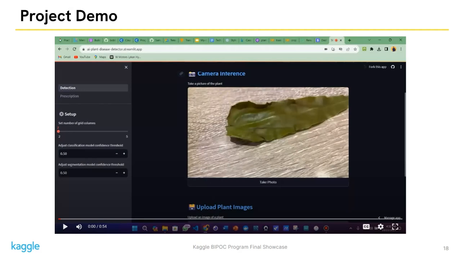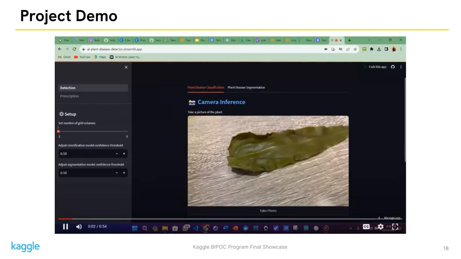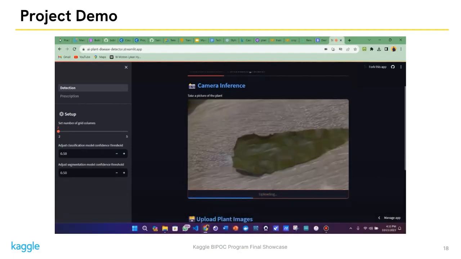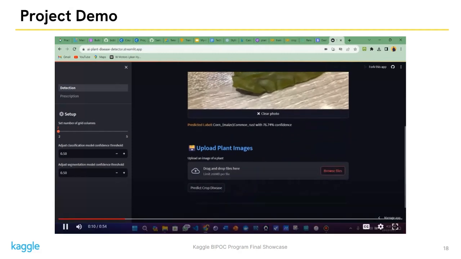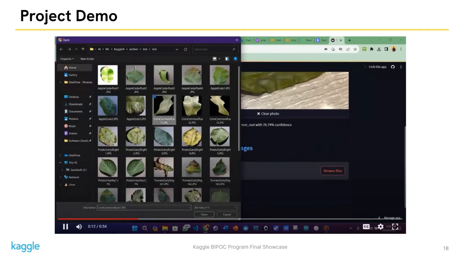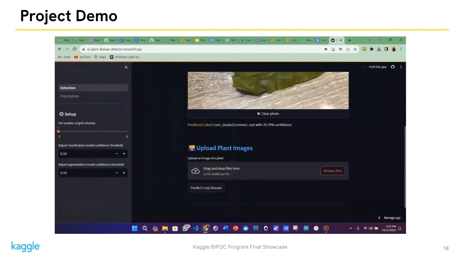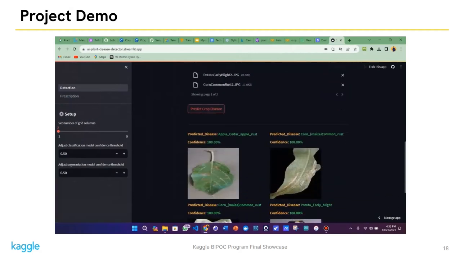And now I'll be demoing the project web app. It was designed using Streamlit. It was designed in such a way that a user could use a camera to take an image of a plant, and as you can see, it gives a prediction of the disease. And also, a user might be able to select images he or she has snapped, and then would get predictions